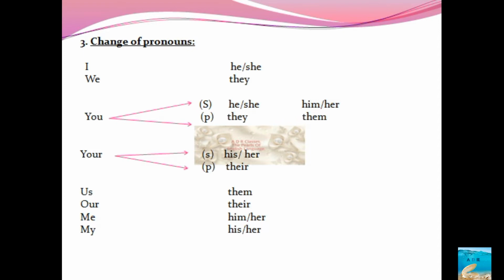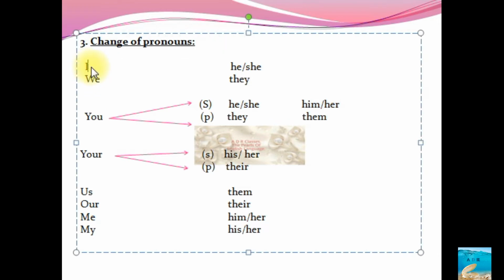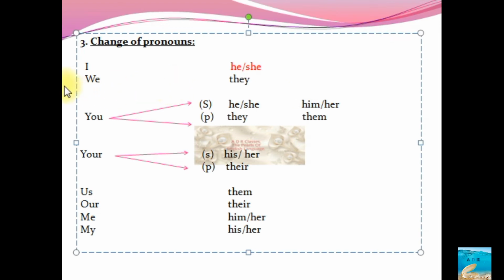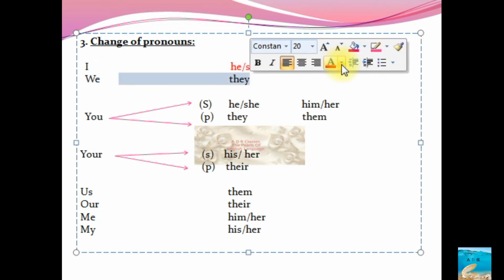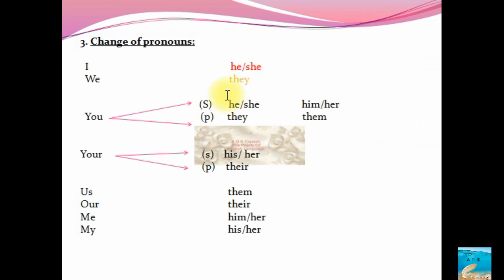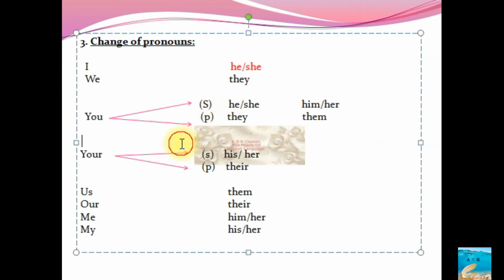Suppose the word I appears in the direct speech, we are supposed to convert that as he or she. Suppose the word we appears in a sentence, we are supposed to convert that into they. Now, next, he or she is common again, for singular and plural. For second person singular, we are supposed to use,